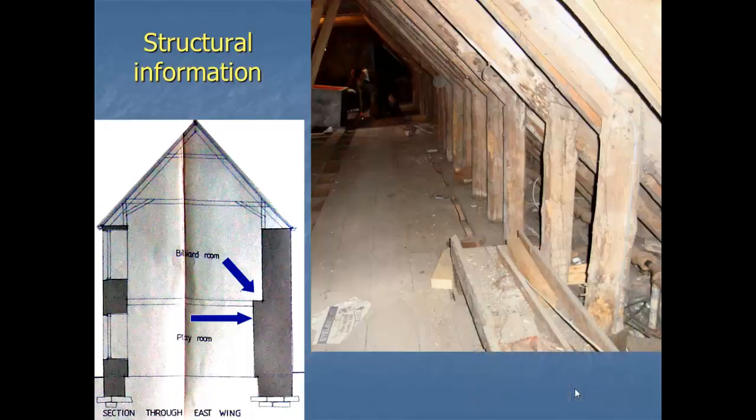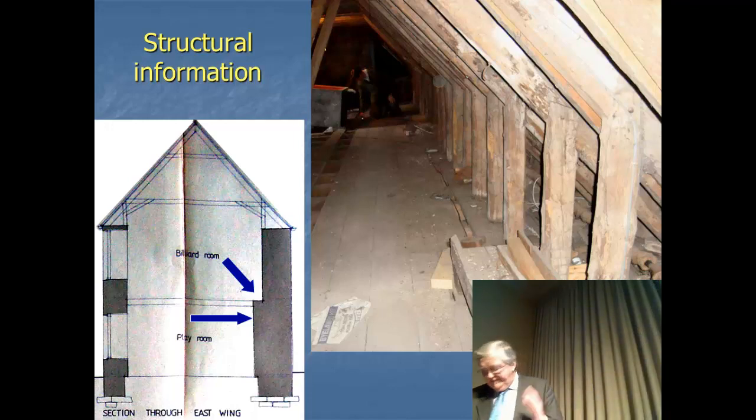Well, going inside and having fun, guess what? We find another wonderful ashlar post roof, 17th century, so that's useful. And in one of the sections, the 1998 sections of the east wing, it's clear the outer wall is thicker than the inner wall, presumably originally a courtyard wall, and then it's inhabited. And you can see the junction there. England does this a lot. Scotland does this very little. That implies alteration and probably later occupation,